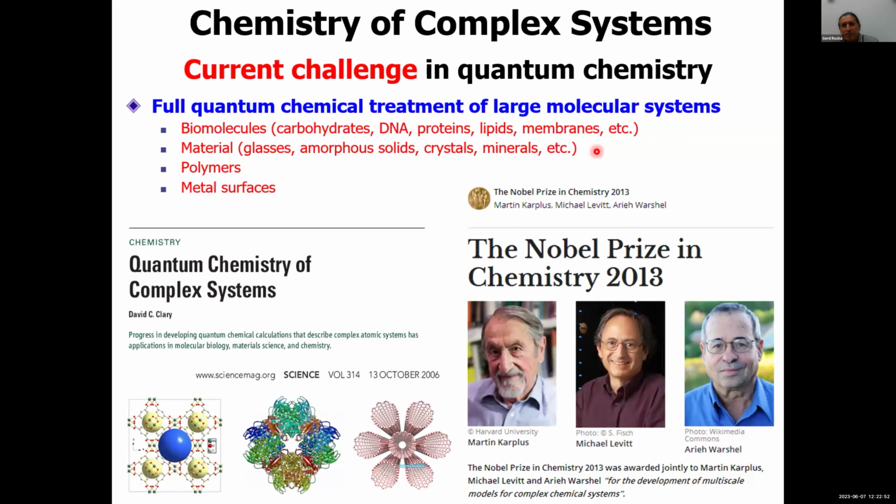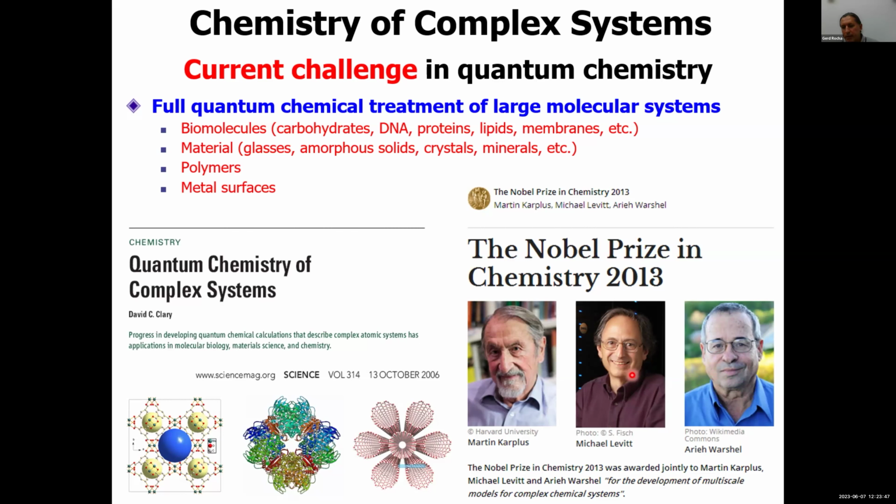The first thing is the current challenge in quantum chemistry. I think many computational chemists have recognized that the full quantum chemical treatment of larger molecular systems is a big problem to solve in this area. These systems include biomolecules, some materials, polymers, metal surfaces, and this topic became more hot. It's a hot topic after a Nobel Prize in chemistry in 2013 that was won by these three researchers